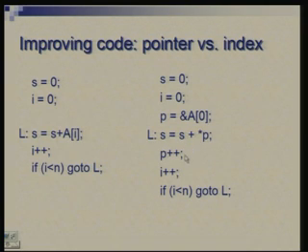Although it may appear that I am introducing more statements, when you translate this summation into assembly, you will find that you can do with a lesser number of instructions. That is where the gain is occurring. Initially there is one extra statement, but in general we are more worried about making the loop efficient, because that is the one which is done several times. In this case it is just 100 times, but it could be 1000, it could be a million.